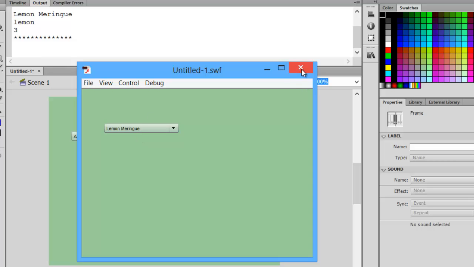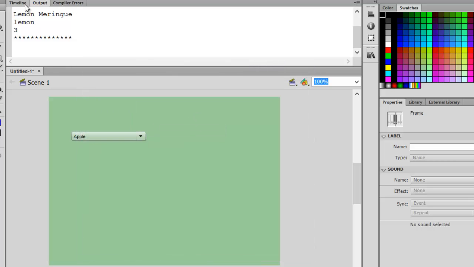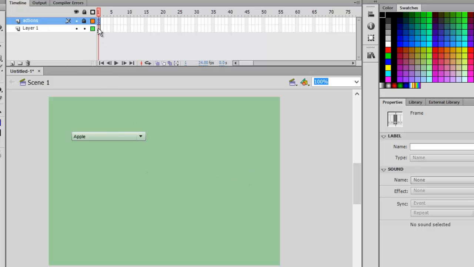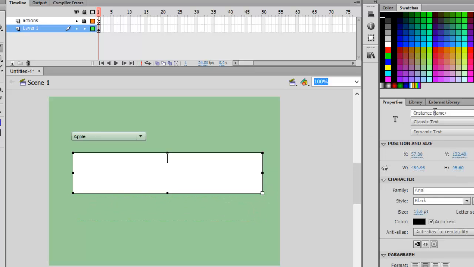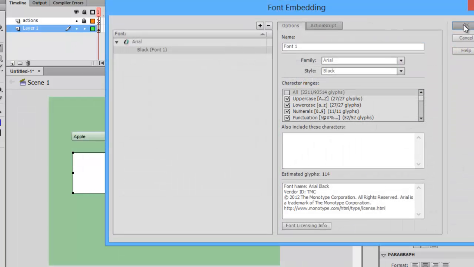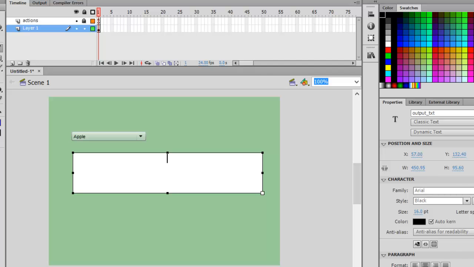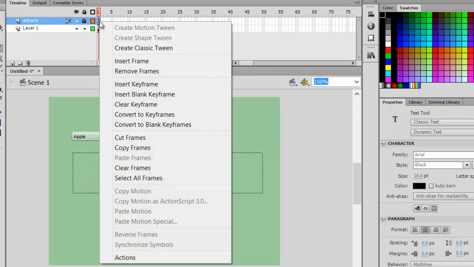whatever they selected. So let's go back to our program, and I'm going to add in here a text box. This is going to be a dynamic text box. I'm going to call it output underscore txt. I'm going to embed my fonts. And now in our actions,